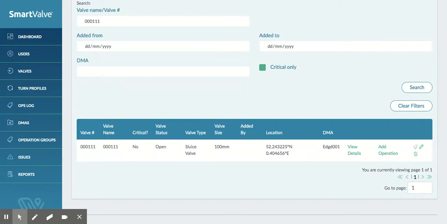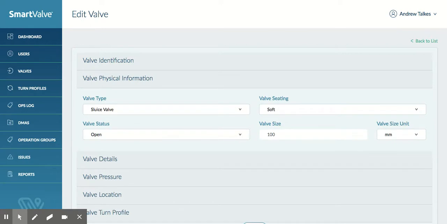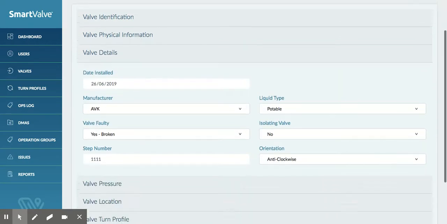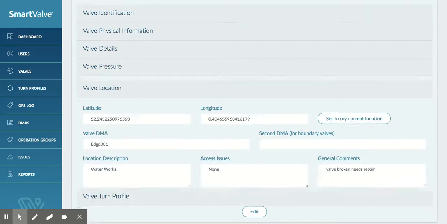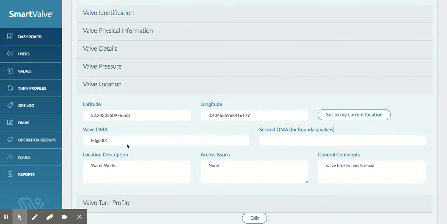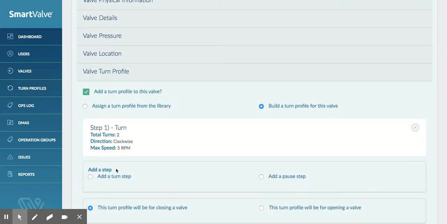If we hit on edit valve, this will give you all of the information about the valve. So it's asset number, name. You can make it a critical valve by clicking that box. You can change any of its physical information, any of its valve detail information. Again, these are drop-down menus. Change the valve in and out pressure. You can change its location should you want to as well, and you can also add or change its valve